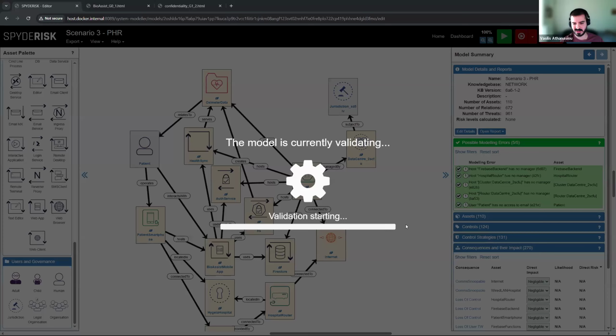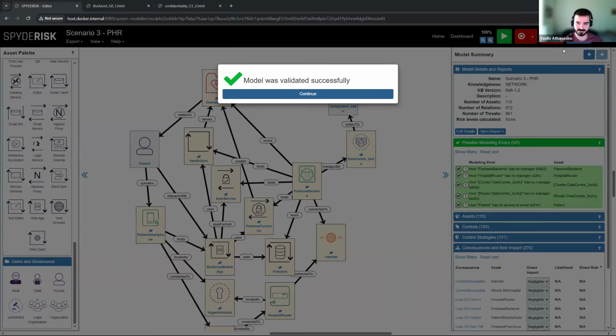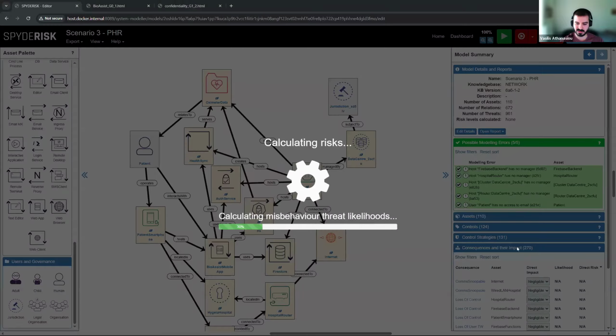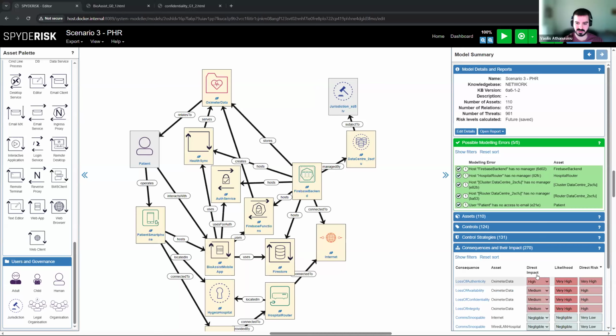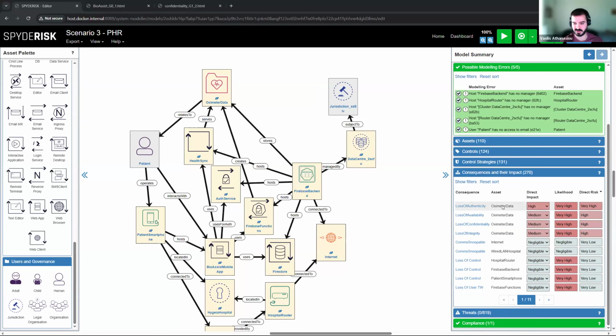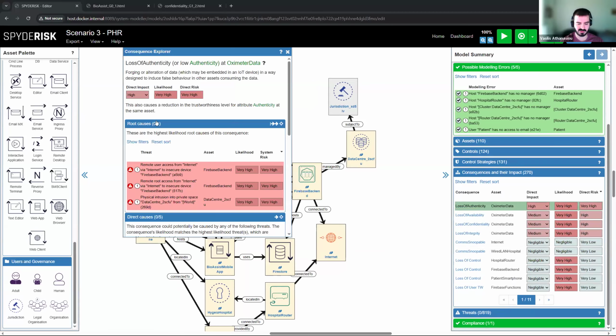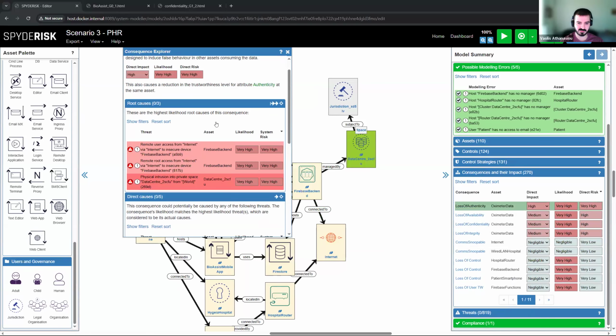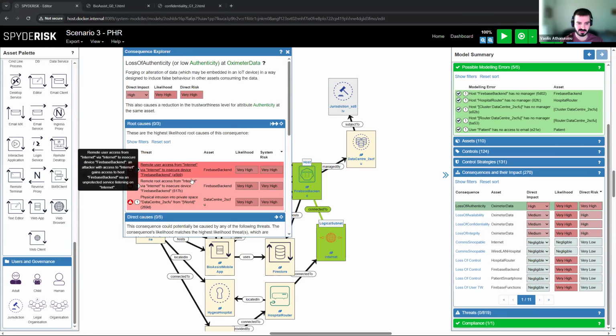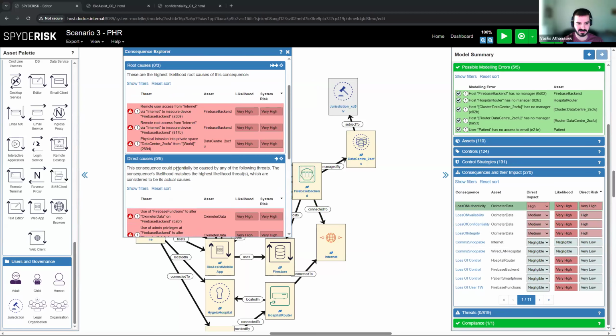So once we have done that, we can actually go ahead and calculate the risk on this system. Doing so will create a hierarchy of issues that could be critical to the system. Clicking on each and every one of those has more detail into which component is affected, and